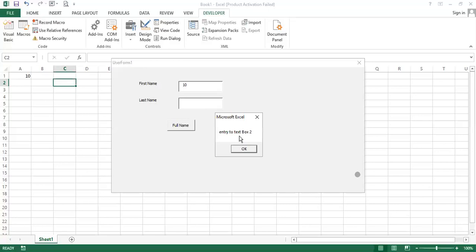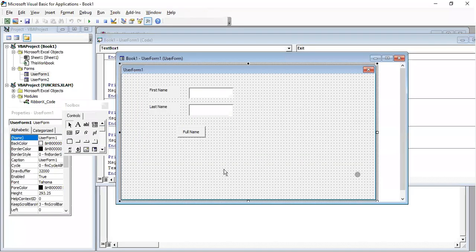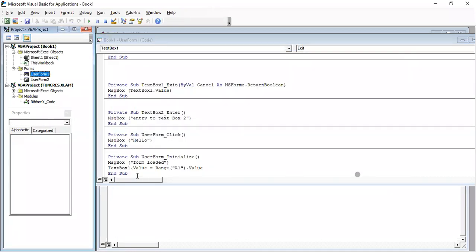On entry to text box 2, it is displayed. And then put something here, so full name. So we have this also. So this is done. Right. You can do vice versa also.